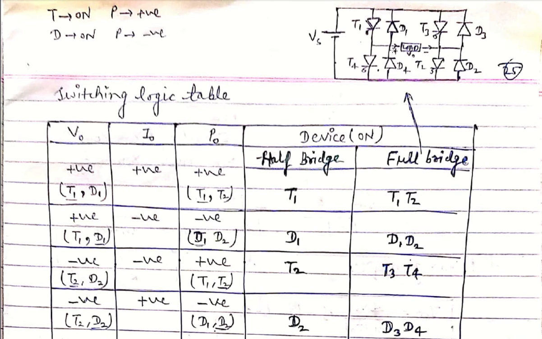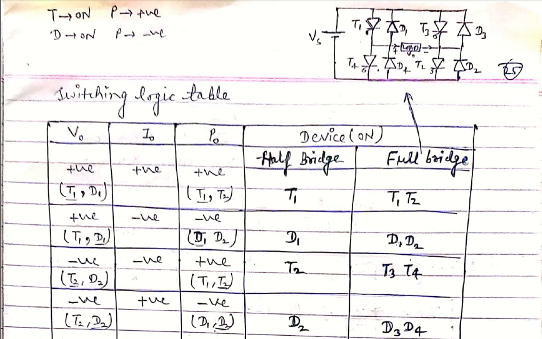In this case, the reference polarity for the load side, that is plus, is connected to the supply positive polarity, and at the same time the negative polarity of the load is connected to the supply voltage negative polarity. If you apply KVL, the output voltage across the load is equal to the supply voltage. So the full DC voltage is obtained at the output when T1, T2 are conducting, and the voltage polarity is positive. At the same time, the current polarity is positive according to the reference polarity shown by the arrow marks. This is the conduction of the full bridge case.